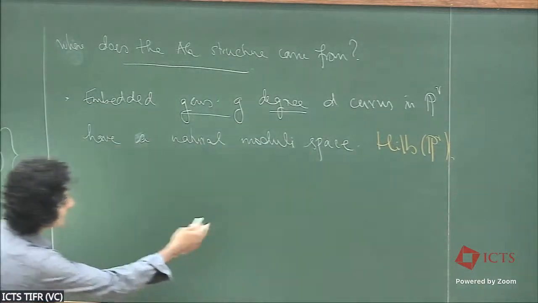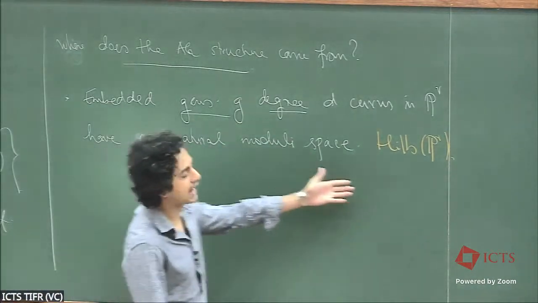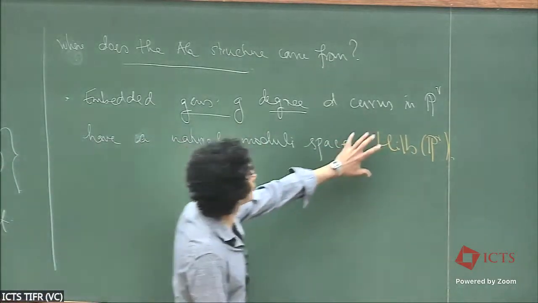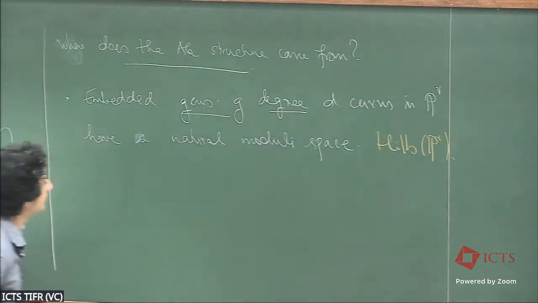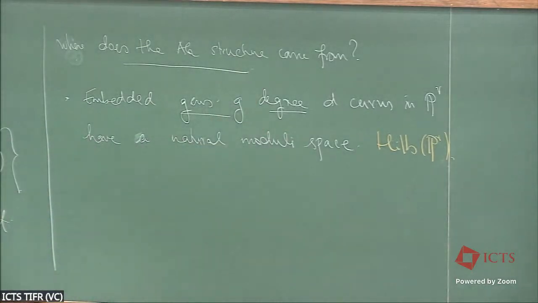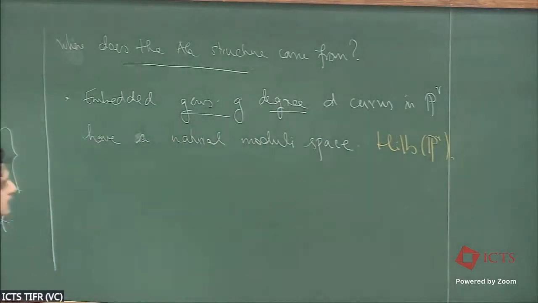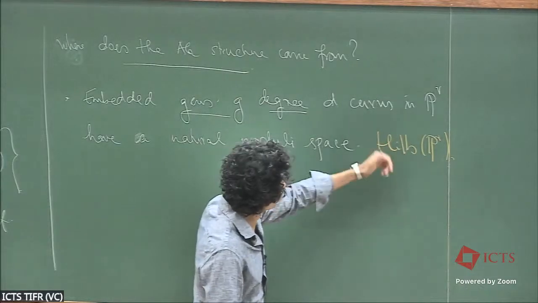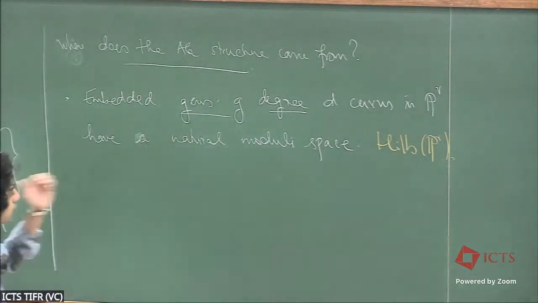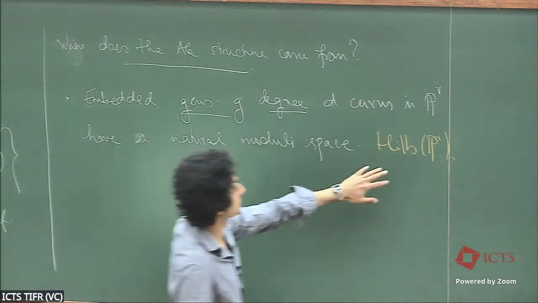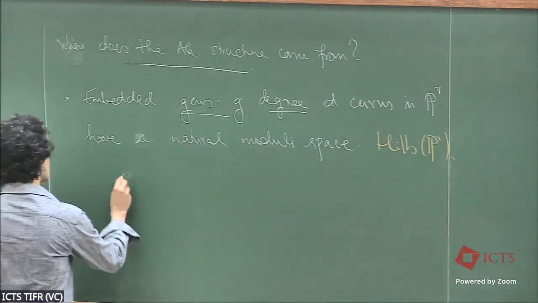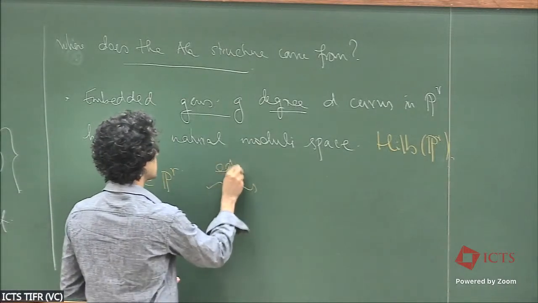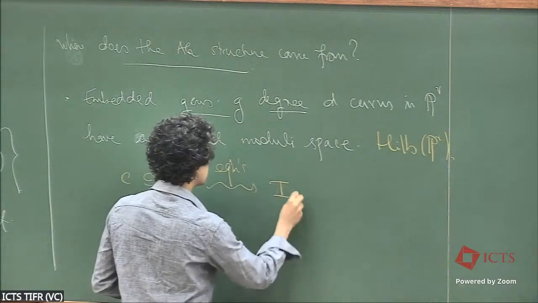Okay. So what do I mean by this? There's a natural space, an algebraic variety essentially, or a scheme, whose points are in correspondence with embedded genus g curves put in projective space by degree d. And so where does the structure of this moduli space come from? Well, if you have a curve inside projective space, it has an equations. The equations are captured by some kind of ideal